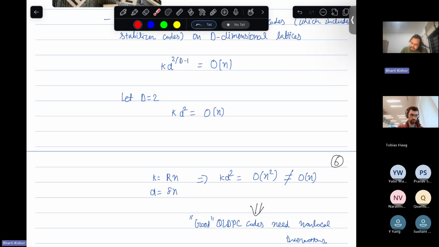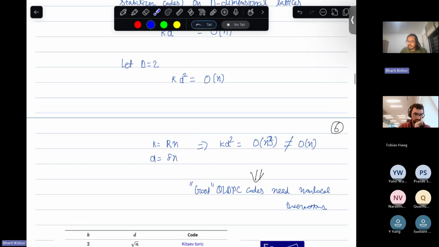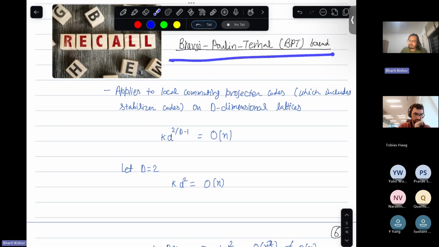kd squared will be order n cubed actually. Yeah. This will be order n cubed. And this order n cubed is much larger than order n, which is allowed by the Bravyi-Poulin-Terhal bound. So it means that you have to violate the assumption of the BPT bound, which assumes